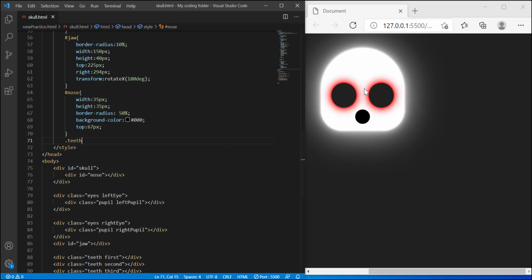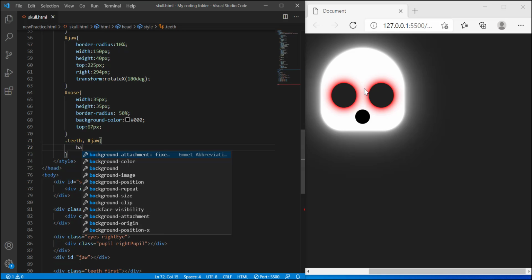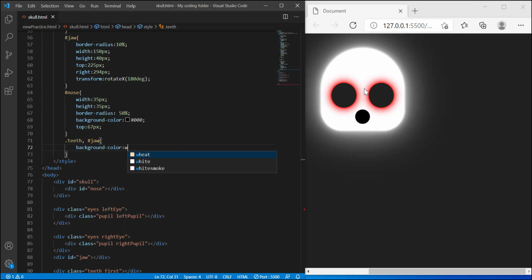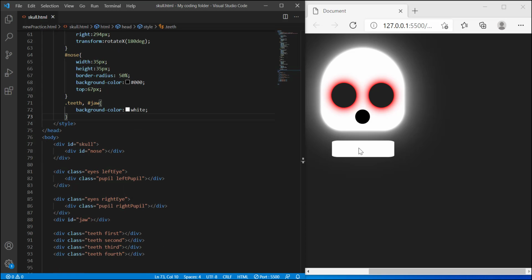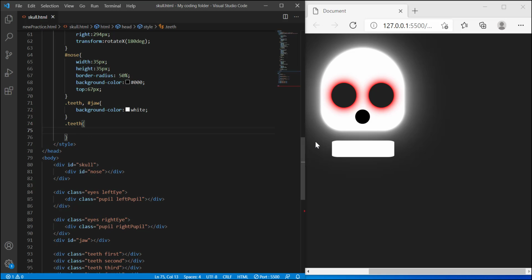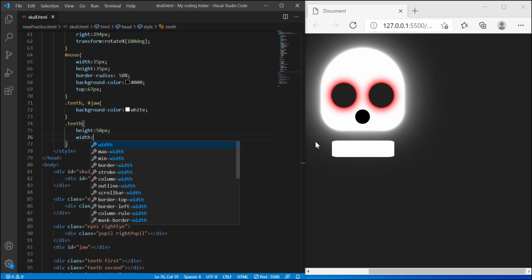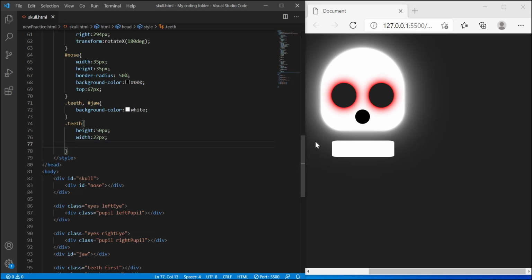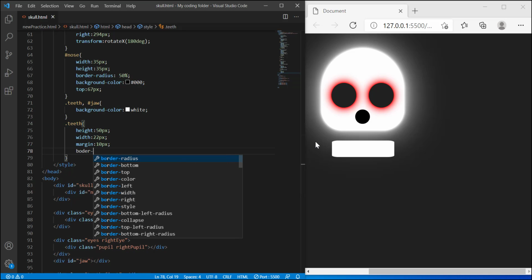And then for both my teeth and my jaw ID, I'm gonna give them a background color of white. And now my jaw shows up. Good. And then after that, I can style my teeth class. I'm gonna give all 4 of those tooth, I'm not sure which one it is, but I'm gonna give each of them a height of 50 pixels, width 22 pixels, margin 10 pixels, border